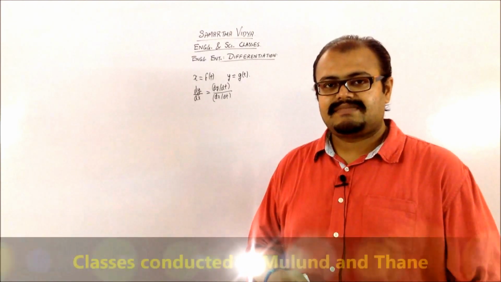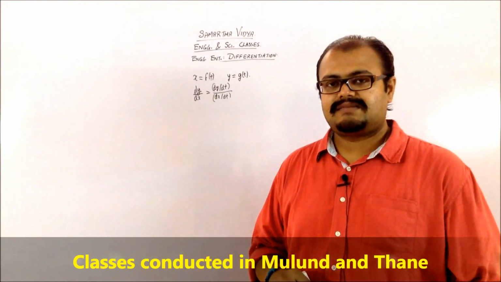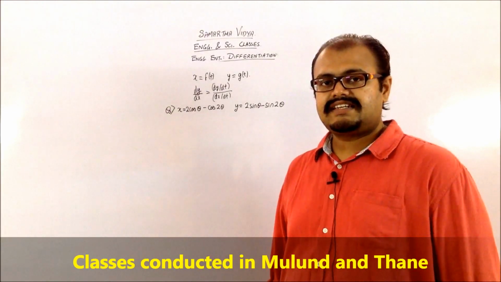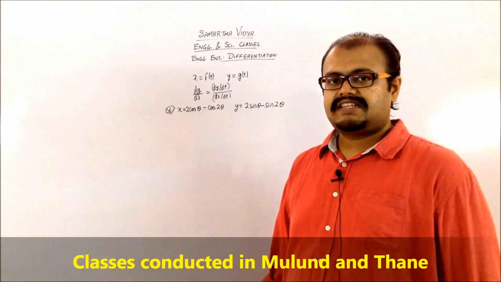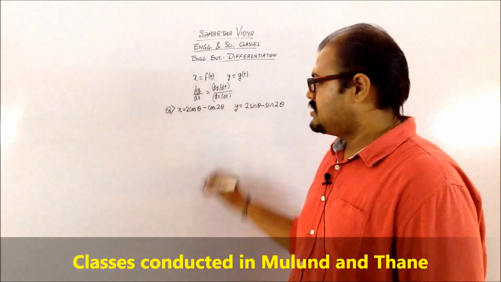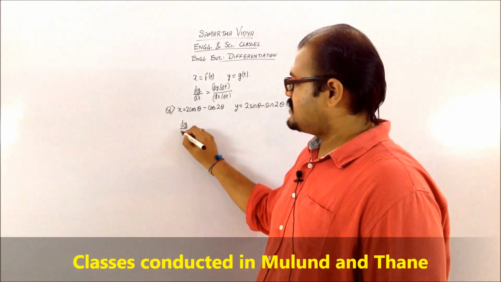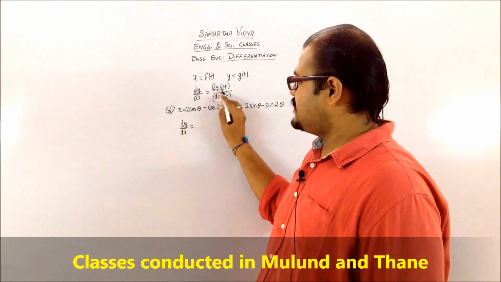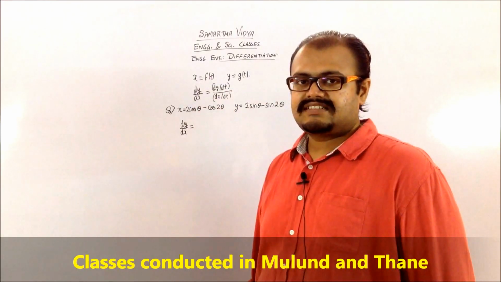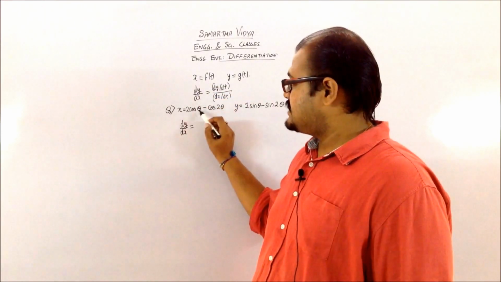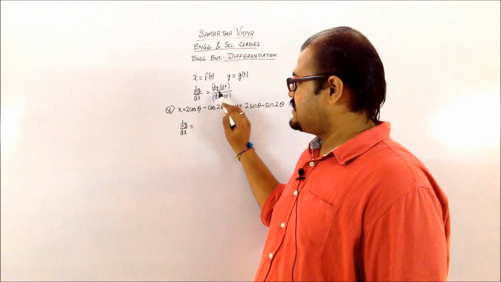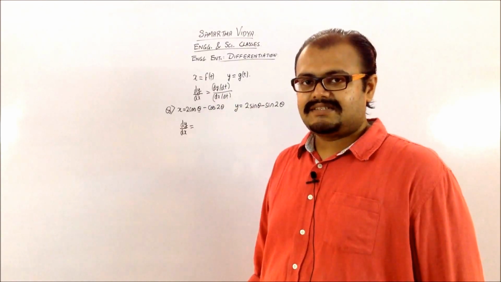So let us take an example. How do you find the derivative of a parametric equation? Let us see this question, which has x in terms of theta and y in terms of theta. You need to find the derivative dy by dx. So you just apply the formula: dy by dx is dy by dt. In the definition we just saw, t was the parameter. In this case theta is the parameter, so instead of t I will have theta. So it's going to be dy by d theta.